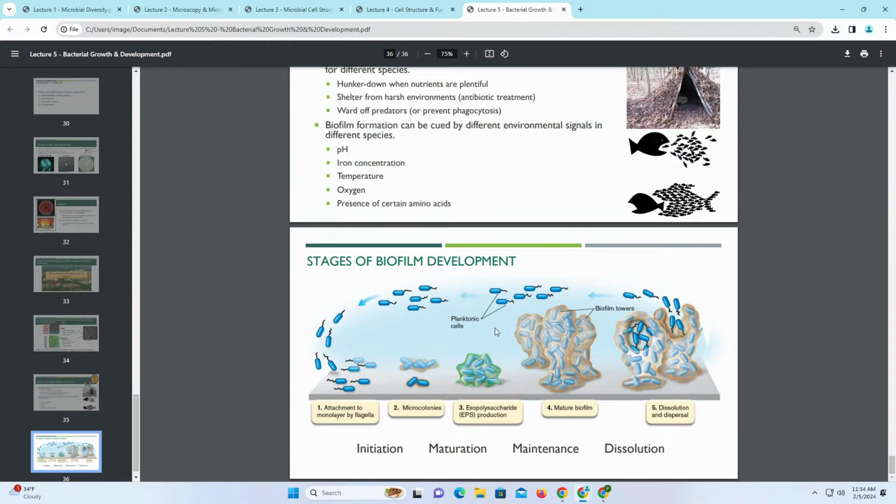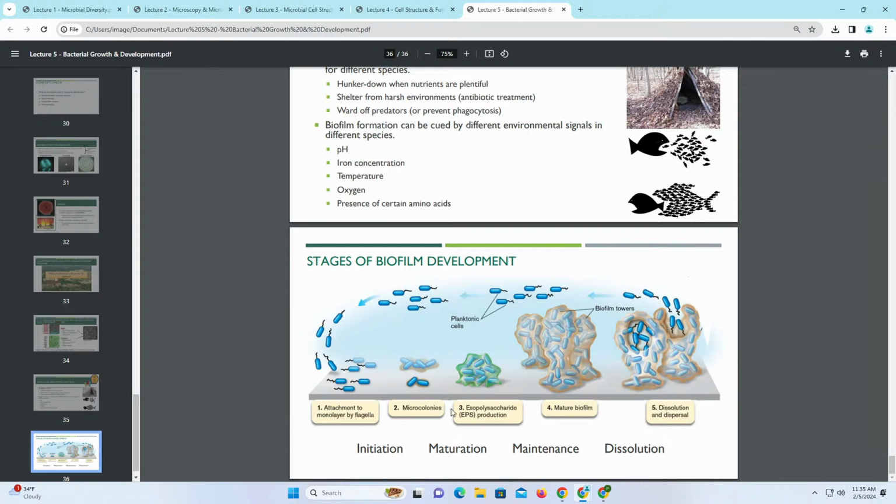So you have these planktonic cells, which are just these individual cells. And so there's a monolayer. Here they have these flagella, and so they are able to swim and attach to this monolayer surface. And then they start to secrete certain factors. So this is where the quorum sensing comes in, a communication system for bacteria, where they start to secrete things and can use those cues to know, oh, there's a bunch of us accumulating in this area now. So they all go there. And then you start to get these microcolonies, smaller colonies of these attachments.